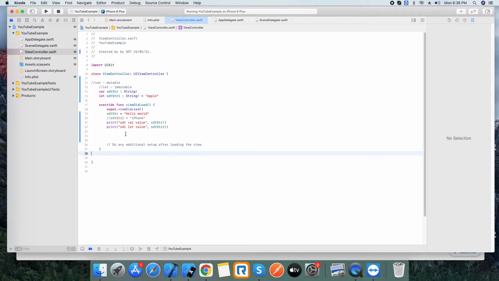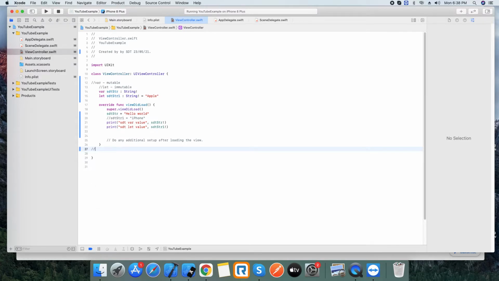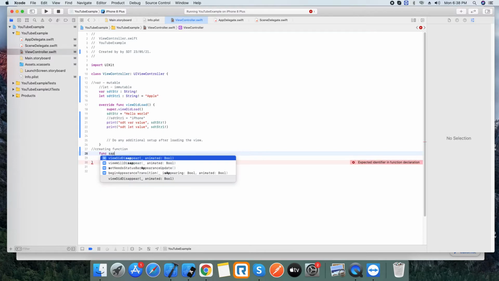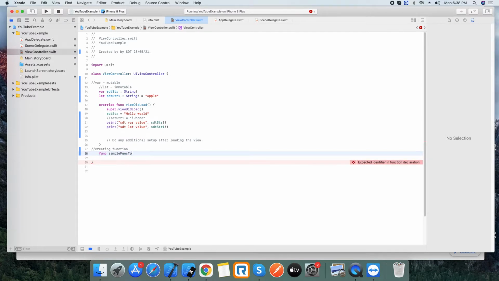So now I'm going to tell you how we can create a function and how we can call that function as per our requirements. For example, creating a function: the keyword func and a name as per your wish, sample function to test.